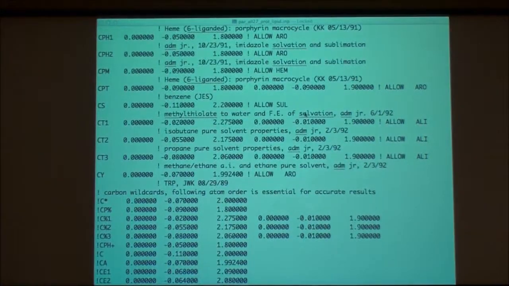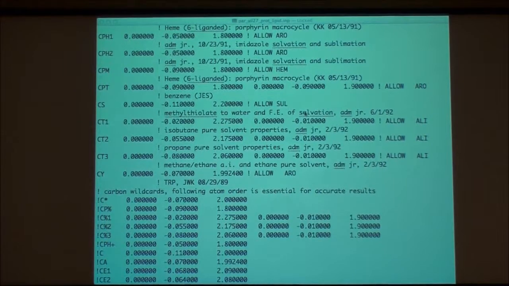Okay, so any questions actually for these particular files and how we use them? Okay,